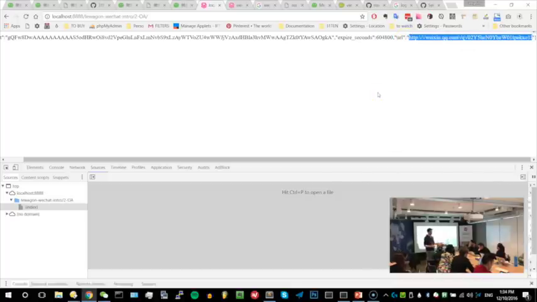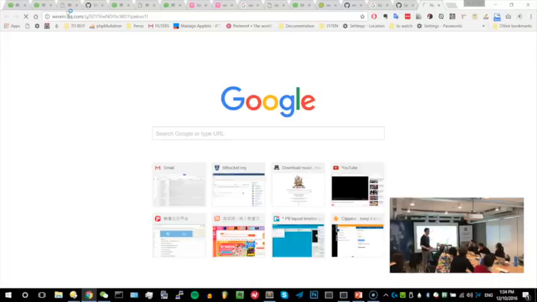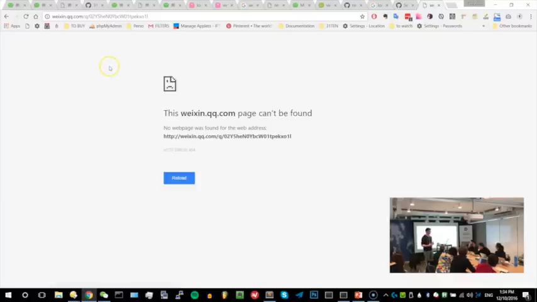Because a QR code is what in the end? A QR code is just URL information that is transcribed inside the visual information. So if we pass that on the browser, let's try to see. It's not working. Why? Because those are very specific. If you pass that on WeChat, it's not gonna work. So what you need to do is actually transform this one using a QR code generator.